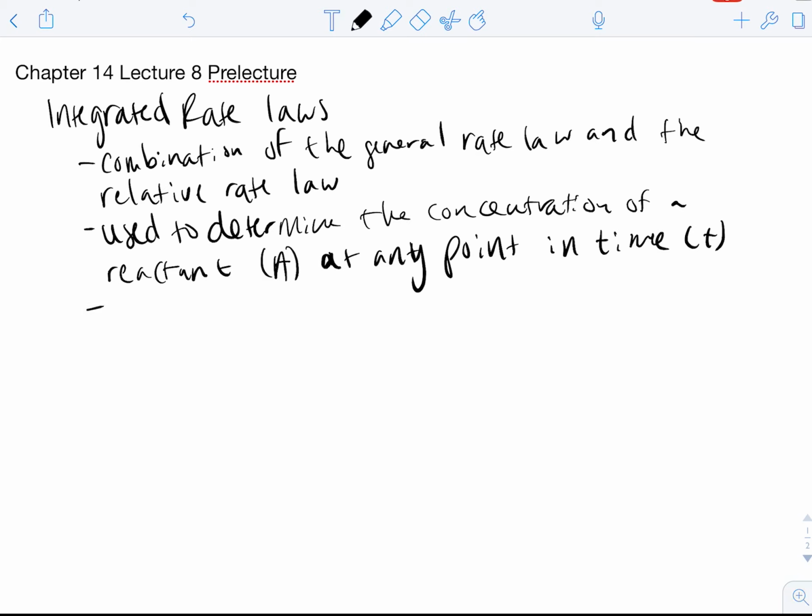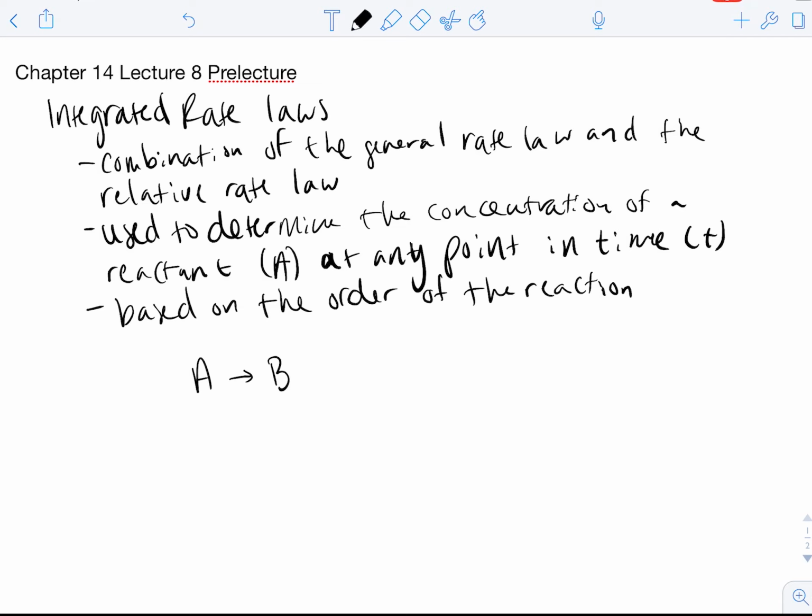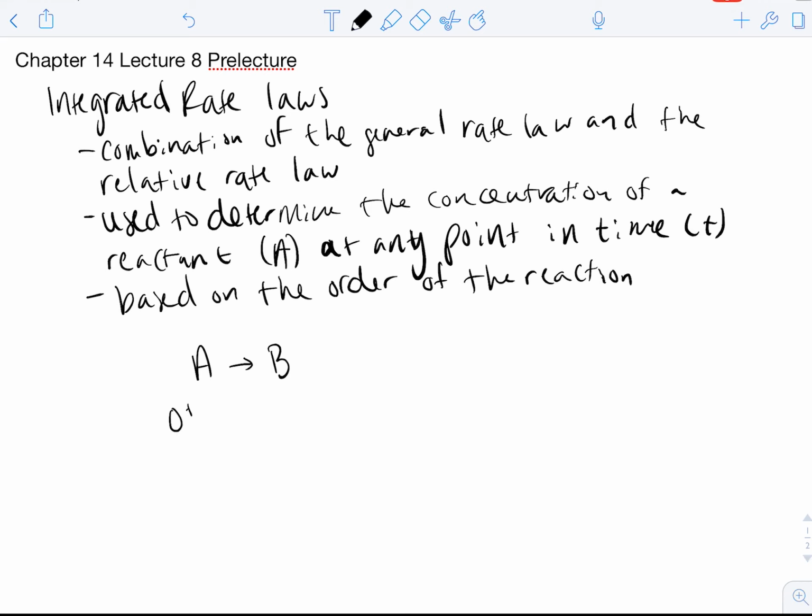With these, they're going to be based on the order of the reaction. And we're always going to be looking at a reaction where we only have one reactant affecting our reaction rate, or our integrated rate law gets a little too messy. So we're looking at A going to B, where it can be either 0th order, where A concentration change doesn't affect rate,